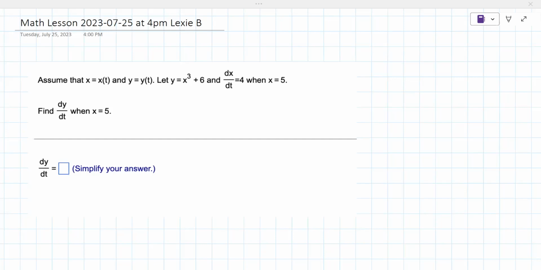This is related to your implicit derivatives. Now both x and y are implicitly defined. So what that means is x is really a function of t and y is really a function of t, which means the derivative of x is not just the derivative of x, you have to add this dx dt to the end. And the same thing with y,